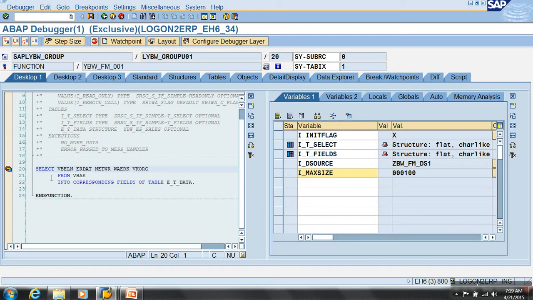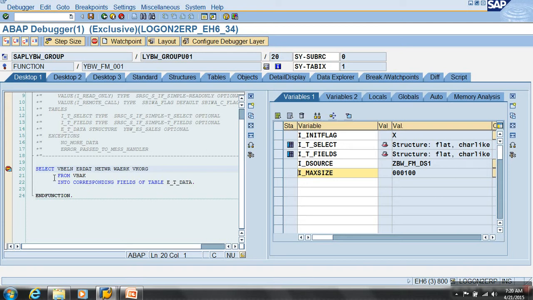But now what are you doing? You're executing a select statement which says read so and so fields from VBAK into the table. So what does it do? Will it read 100 records? Will it read 1000 records? I'm not initializing. I'm not really caring about the init flag. I'm just extracting.